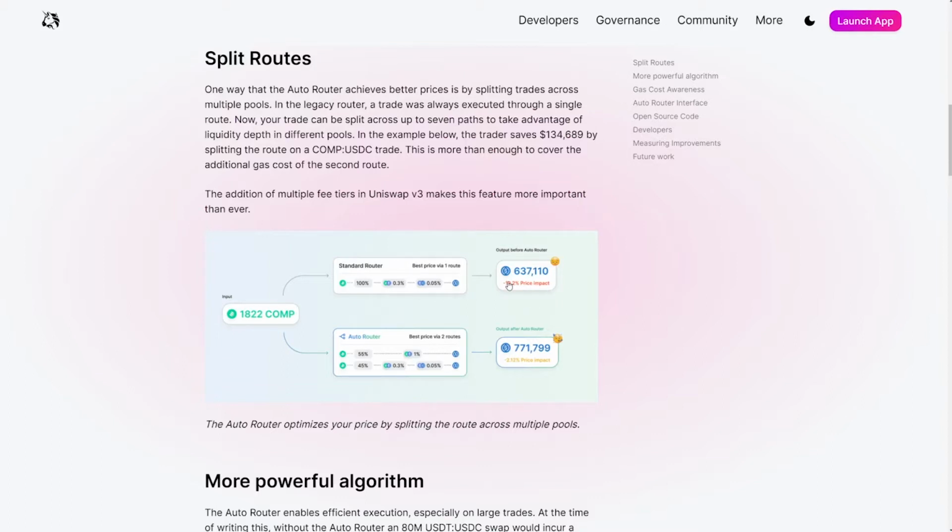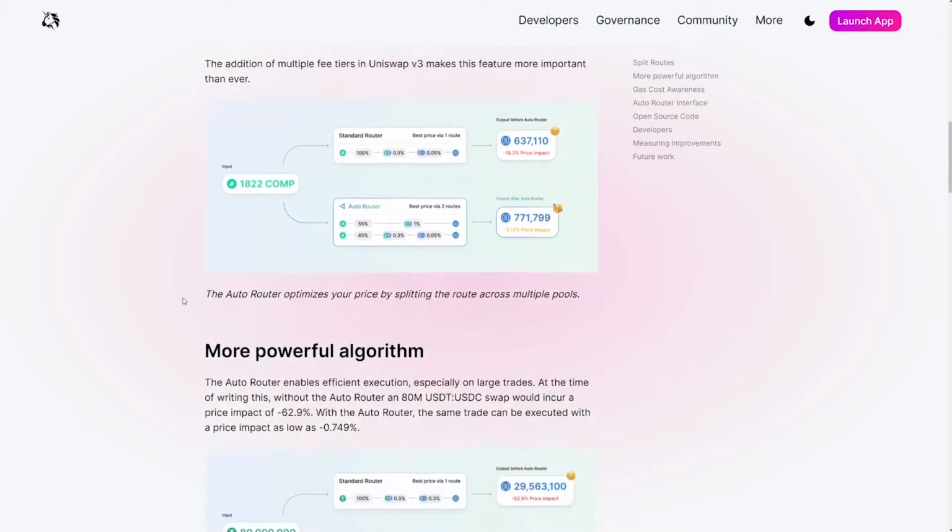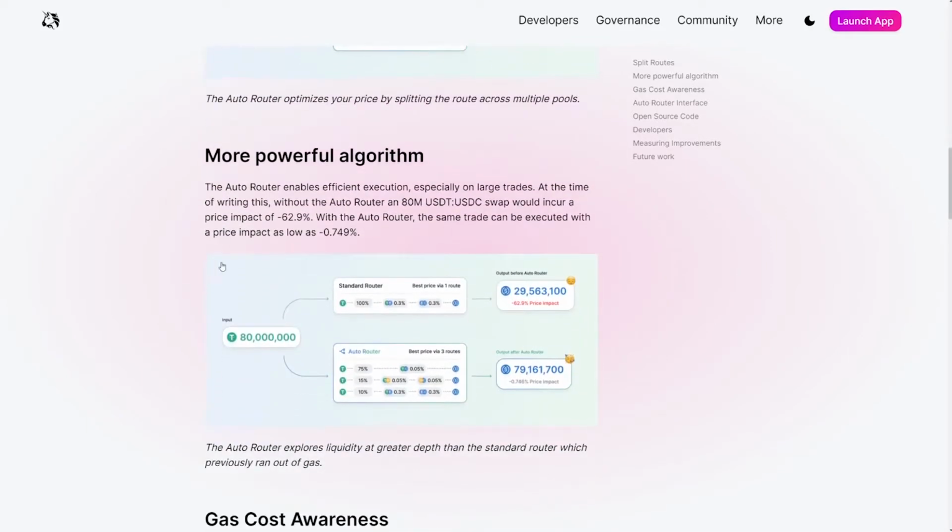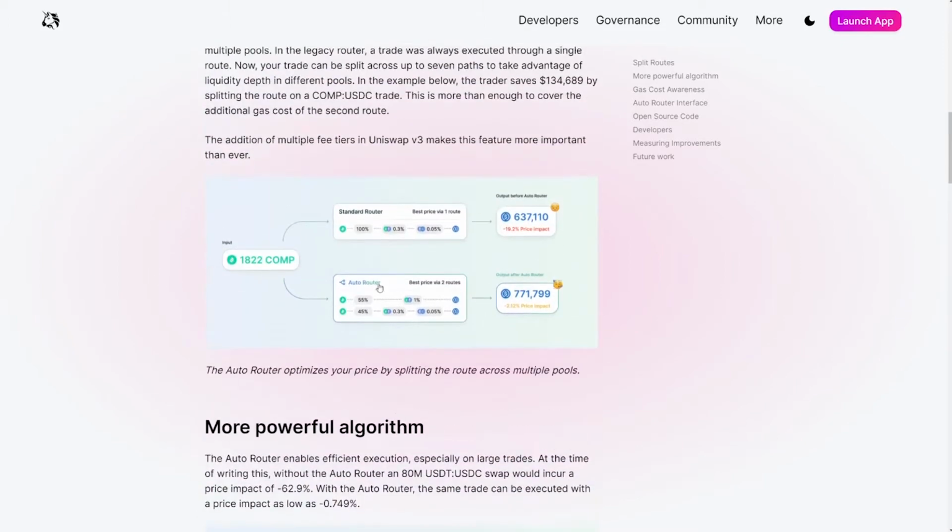And you can see on this example, previously there was about 20% price impact on your trade. However, after this new auto router feature, there is only just above 2% price impact by using 2 price pools. So that's very cool. This is now automated behind the scenes, so you don't really have to worry about